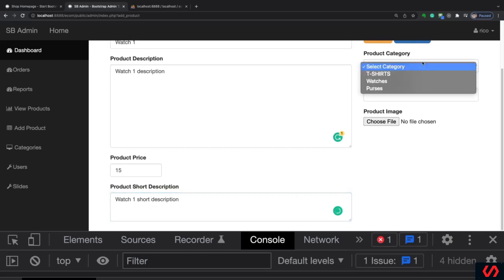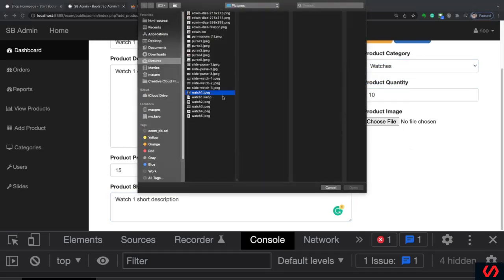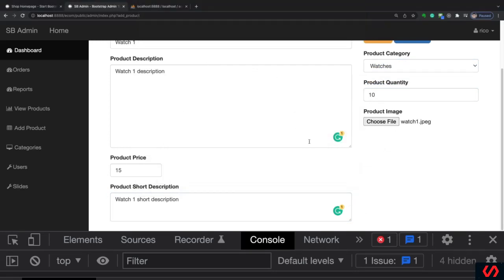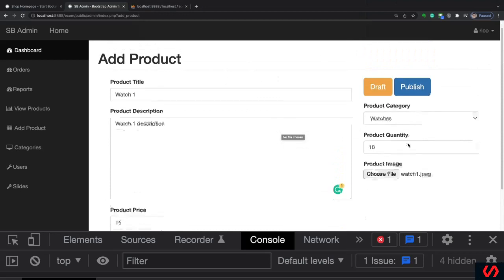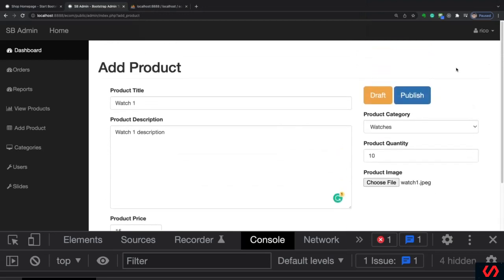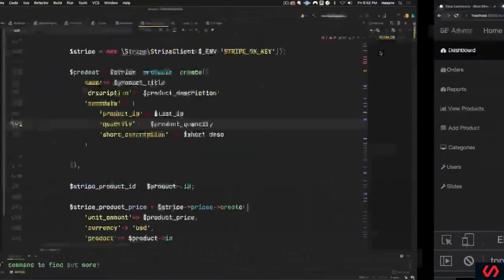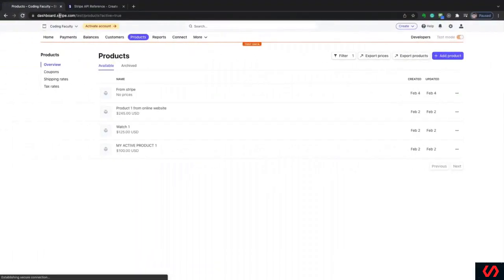Short description, quantity, and image. There we go. And I'm going to give you these images in this section, guys. So look for those resources. Always make sure you look for them. I'm going to publish that. And let's go to the API dashboard. And if I refresh,